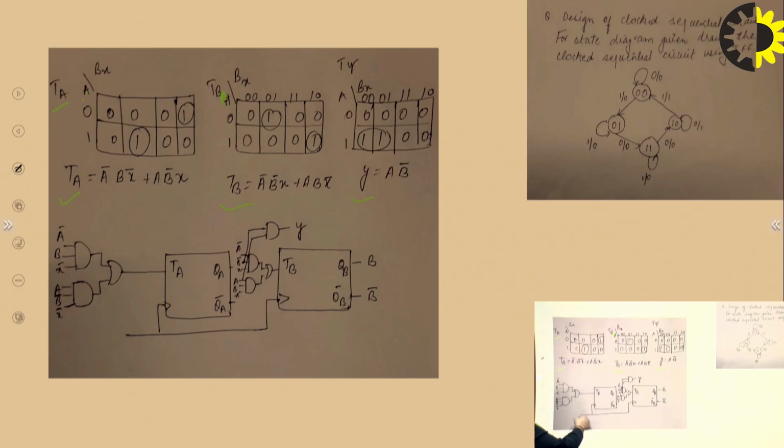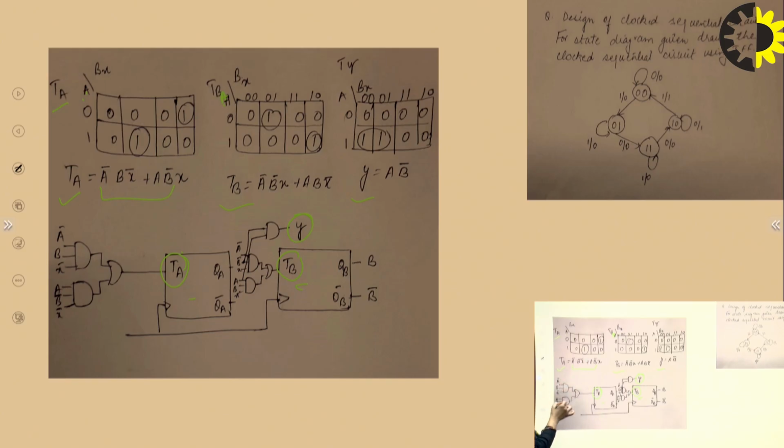Then the next step is the designing, the main part. Here we are using T flip-flops, so remember that. This is T flip-flop 1 and this is T flip-flop 2, or A and B we can say. You have generalized the expressions for TA, TB and Y. So you can make the flip-flops, and your TA is fed with this expression. What is this expression? It is a combination of AND gates and an OR gate.